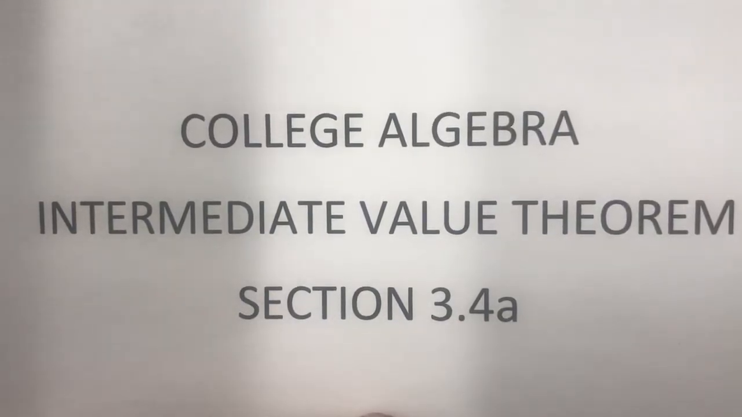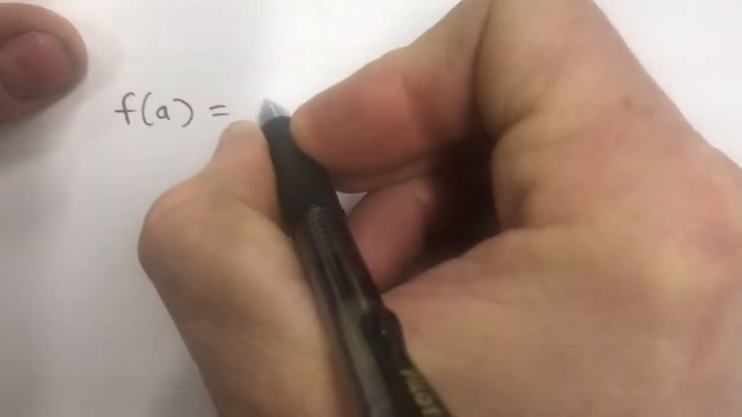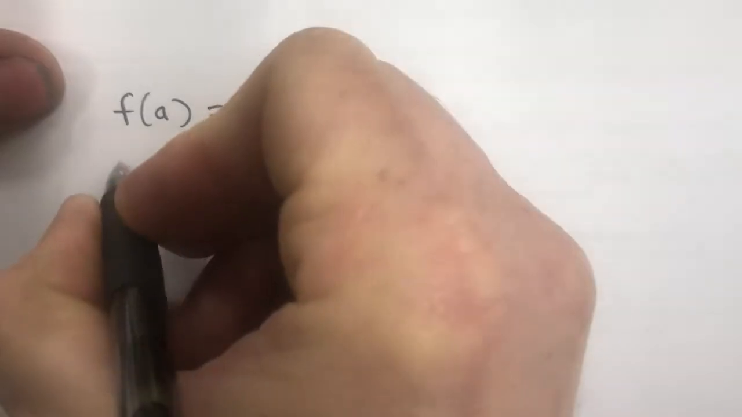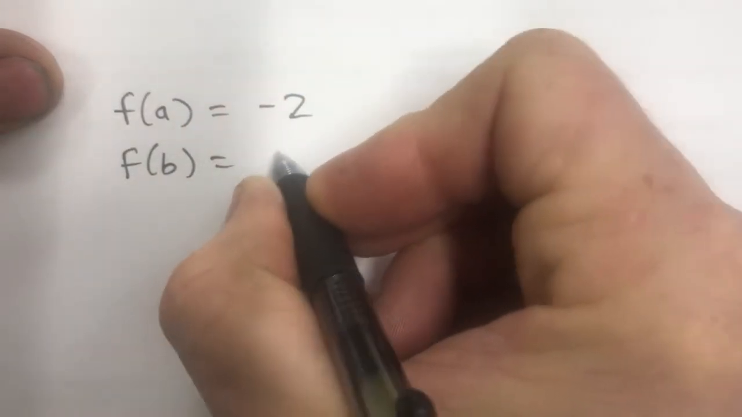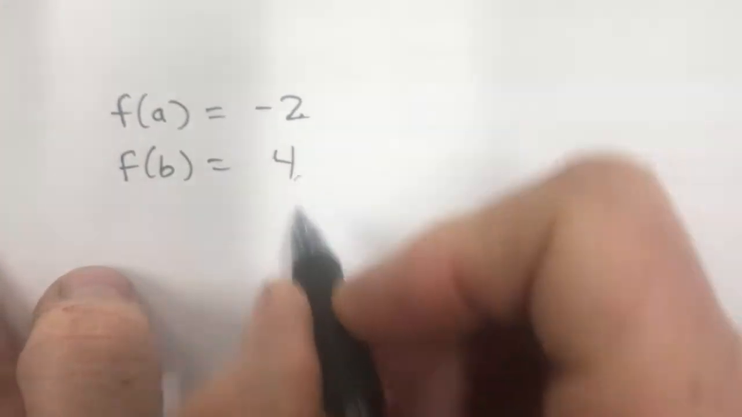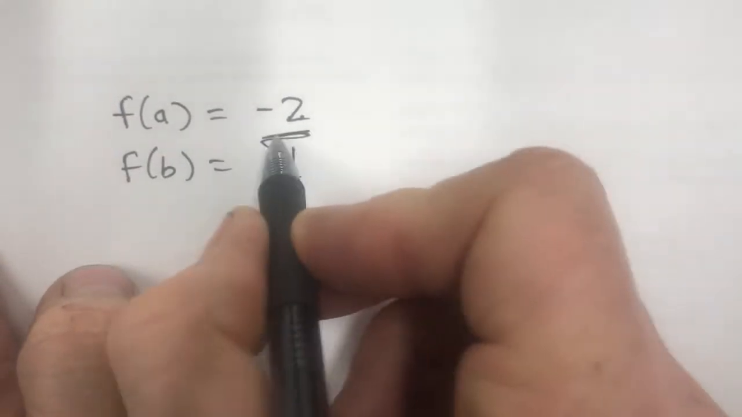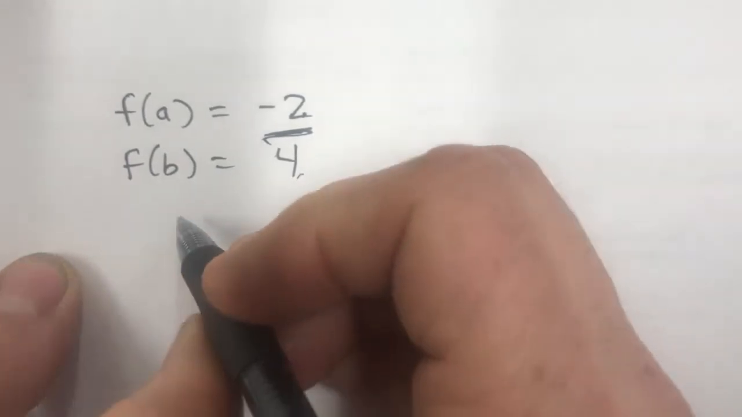All right, college algebra, we're looking at the intermediate value theorem today. In the intermediate value theorem, if you have the function value of a equals, like, -2, and the function value of b is +4, since this is negative and that's positive, then in between those there must be a 0. So that tells you right there